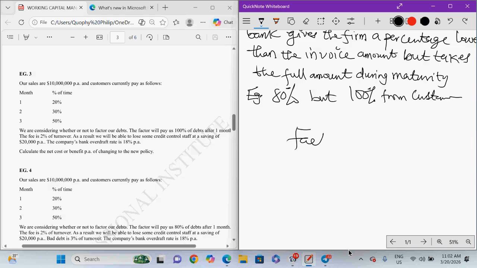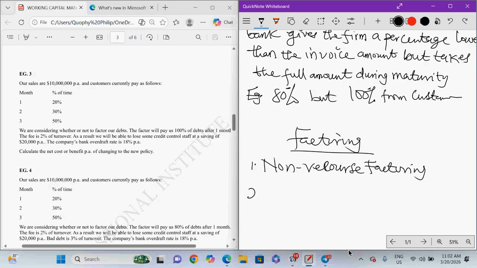With factoring, we'll talk about two types. We have one, non-recourse factoring, and then recourse factoring. With the non-recourse factoring, the debt factors insure against